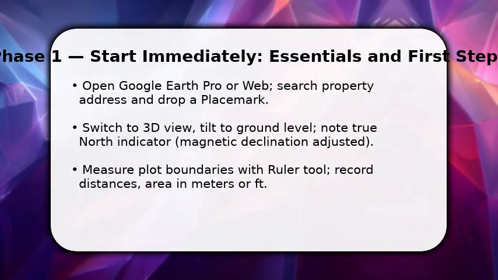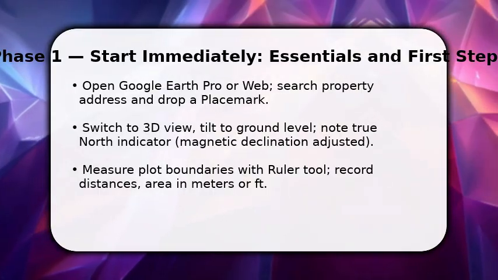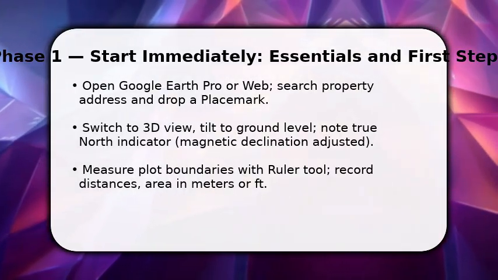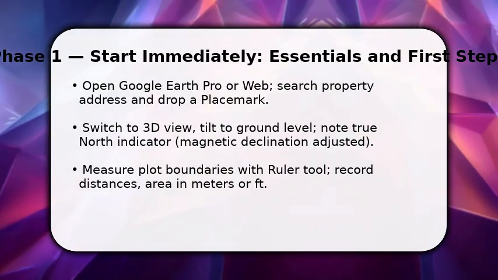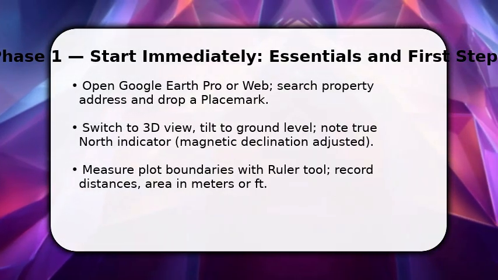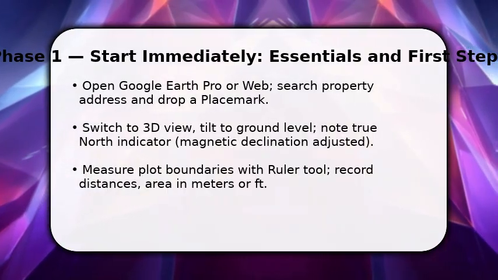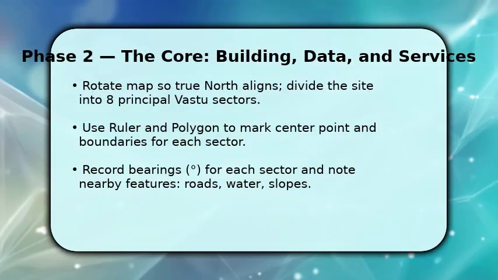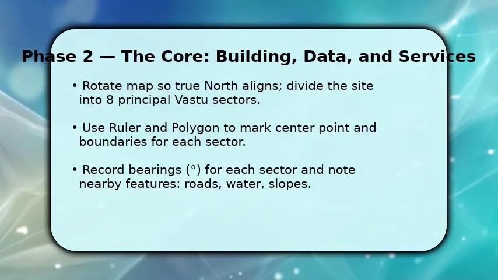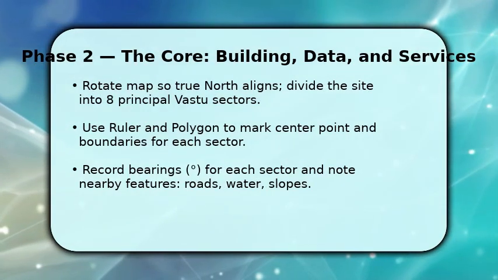Once done, enable the north arrow and check declination so your orientation is true, not magnetic. Make sure to save a KMZ snapshot of this view so you can return to the exact frame for analysis and measurements. Next, you rotate and align the map precisely to true north, then establish the site center using the